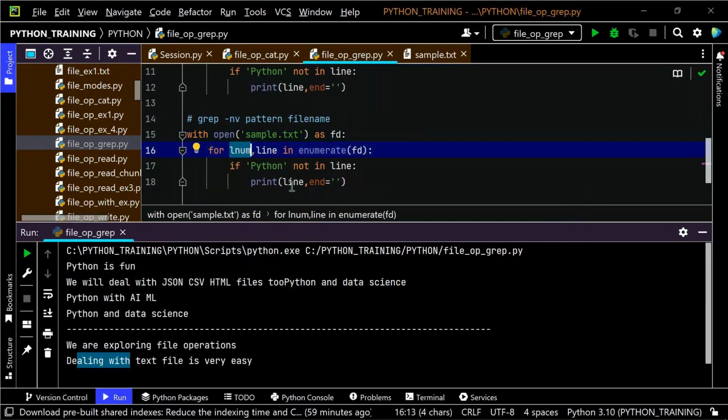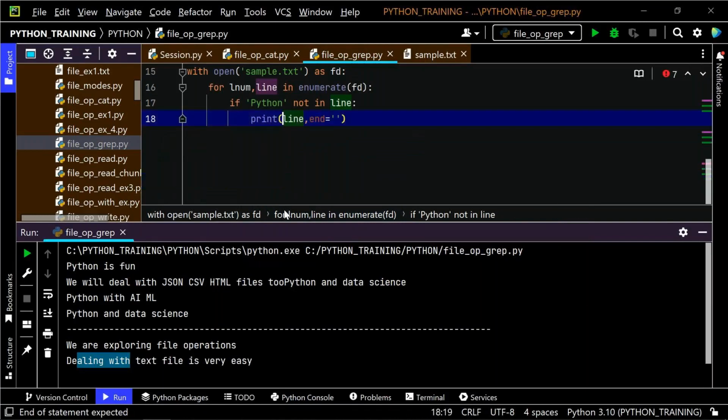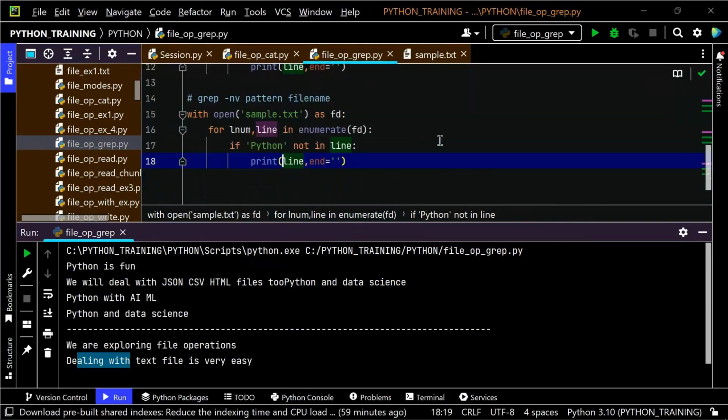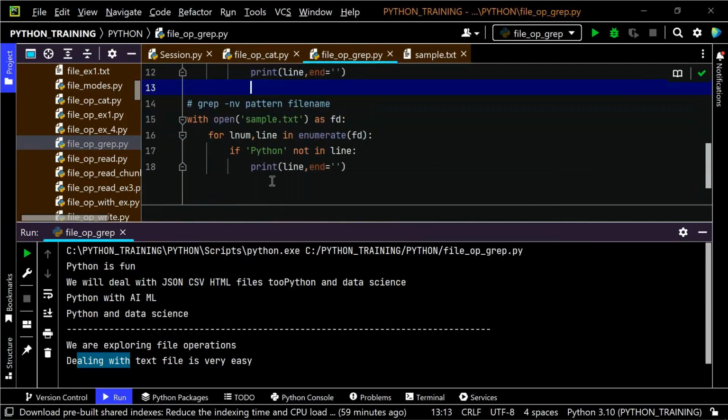That means here I can say, okay, one moment, controller is redo. Okay, something went wrong. I need to copy paste here again. Okay, so now here we go. Lnum here, and then the print of line and then end. Okay, so now here